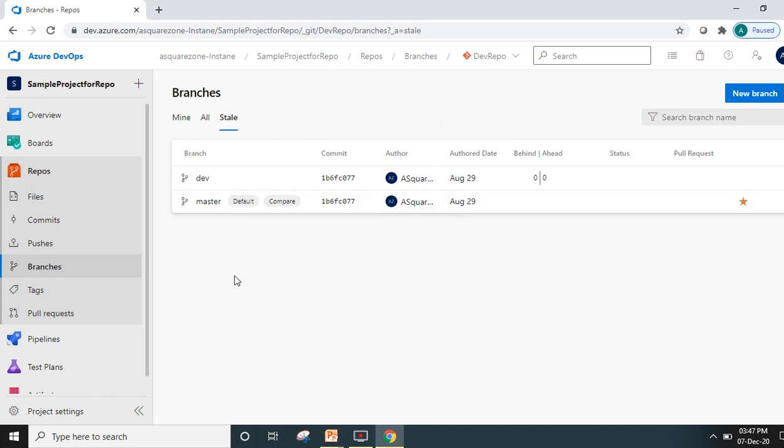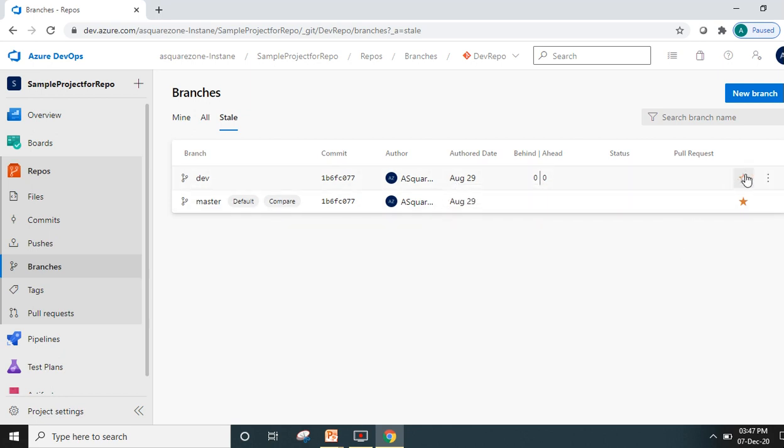That's why it is showing here. Though dev was created recently, it was based on master branch only, so that's why it is showing in stale.